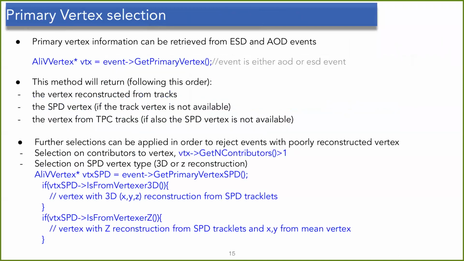So till now, I have mentioned the pileup events, what the types of pileup event are, and how we can reject it. We can reject it by rejecting the event, and we can also reject it by rejecting the track that is coming from the pileup event. In addition to that, we also select events